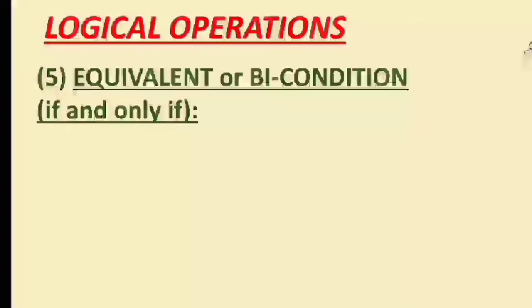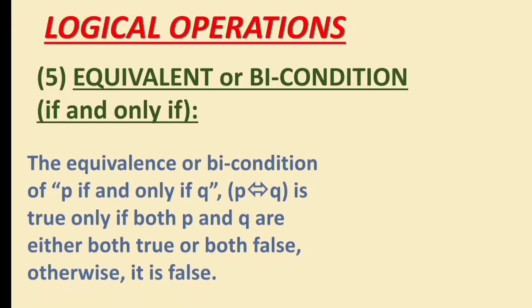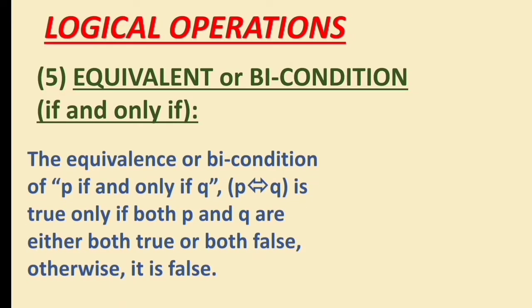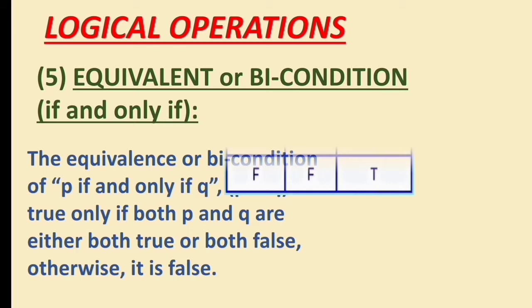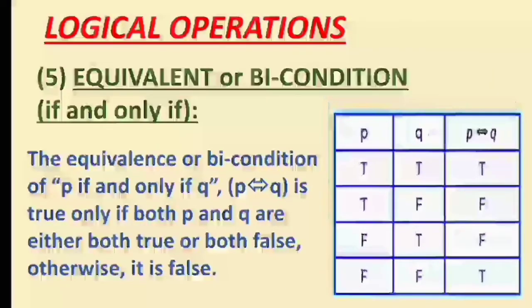The fifth logical operation is equivalence or bicondition. The equivalence or bicondition of P if and only if Q is true only if both P and Q are either both true or both false. Otherwise, it is false. Let's see the truth table for equivalence or bicondition. For two simple statements P and Q,